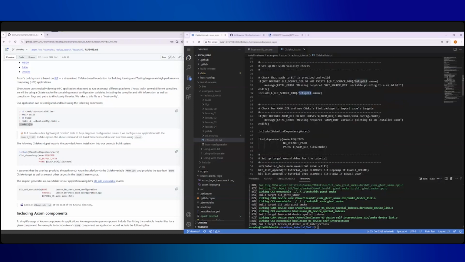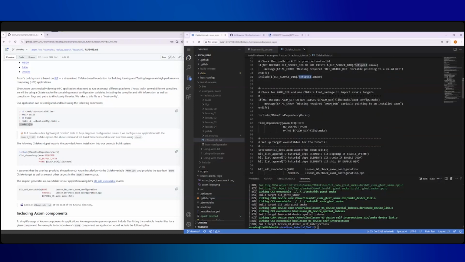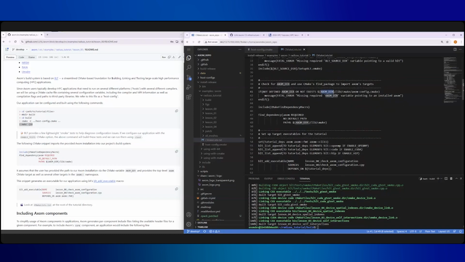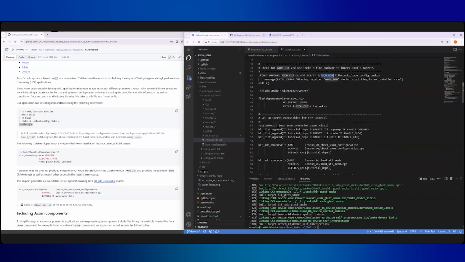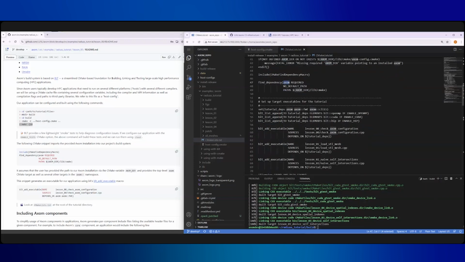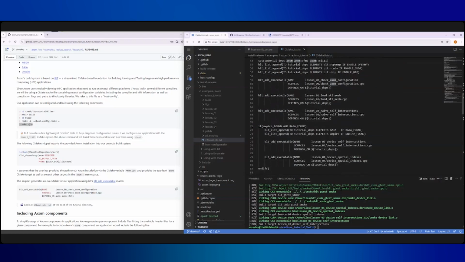Okay, so for this example, we also had to pass in a path to the installed Axom. That's axom dir. So this CMake file assumes we're passing in a valid Axom. Once we have that, we could say find dependency Axom, and that takes the installation export from Axom and sets it up with all of its third-party libraries. And then once we have that,